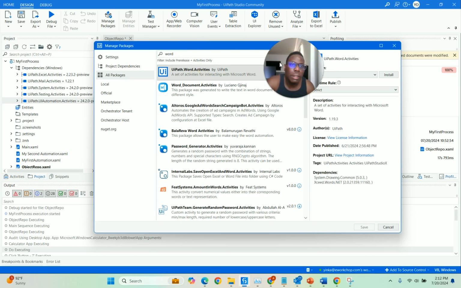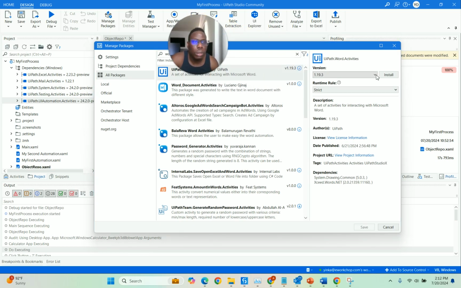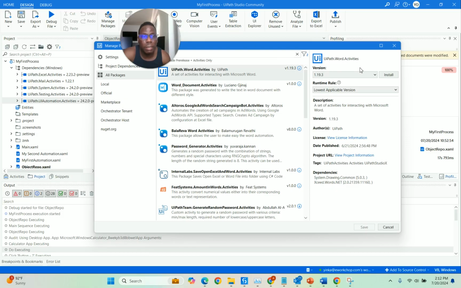If I click on that, I would need to install it, right? And what I like to do is I like to use the lowest applicable version. I'm not saying that's a hard and fast rule. You don't have to change that. And because that makes me be able to use this, if someone does not have an upgraded version of this UiPath Word activities, I'll be able to work with it. And then I can now click install,